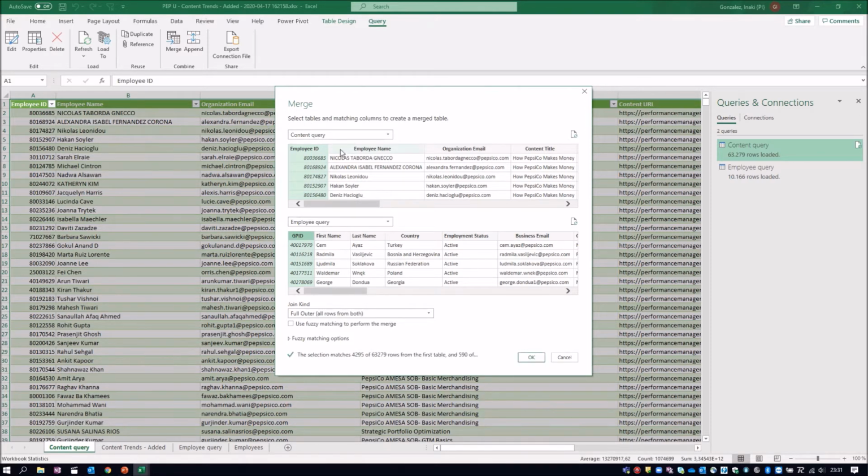Well, this is going to take the structure of this table, the content, and it's going to add at the right-hand side as additional columns all the employee information for the matching employee ID. So we will have a row with the content information, which is completed with the employee fields. Let me click on OK here.